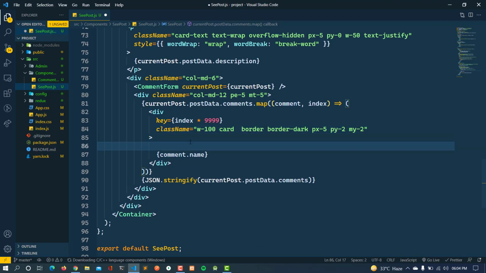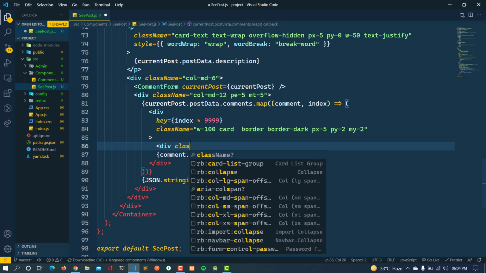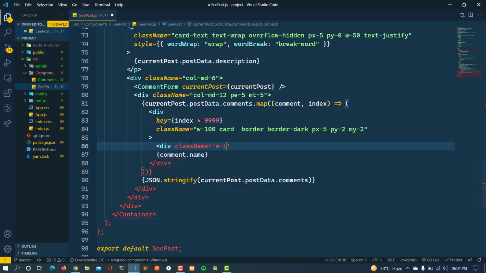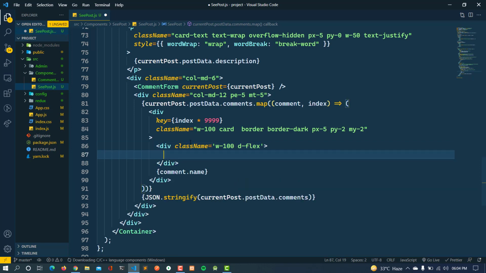So let's create one division here, and its width will be 100%, and we want display flex here, and this will be the header of this. And then here we also have to add the name. First of all we will check if this is the post owner or not, or we will simply leave this as it is.